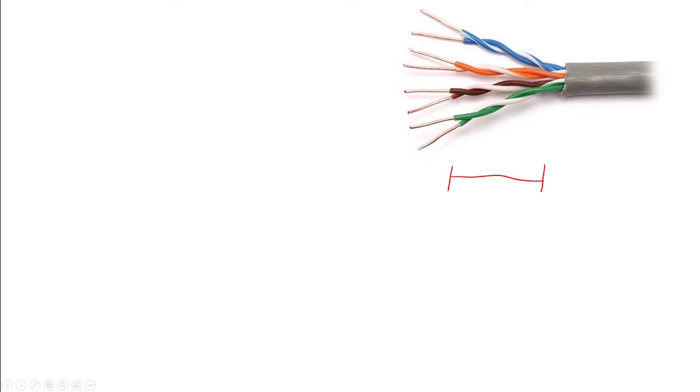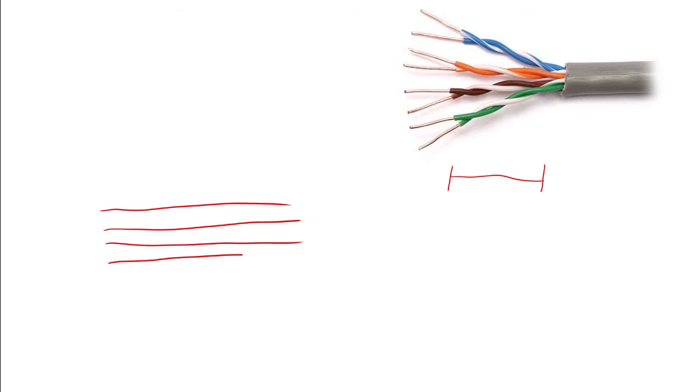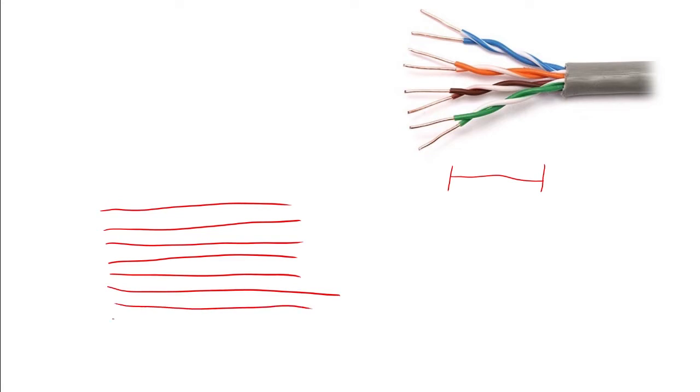And the reason we do that is because we don't want to have noise. If we have 4 pairs of wires and they're all straight, the signal is flowing, let's say, this way and this way, this way, this way. It'll start to bleed between the wires. And also, we've got external